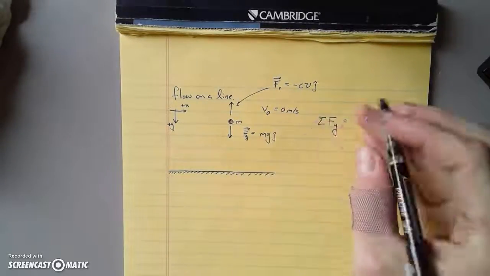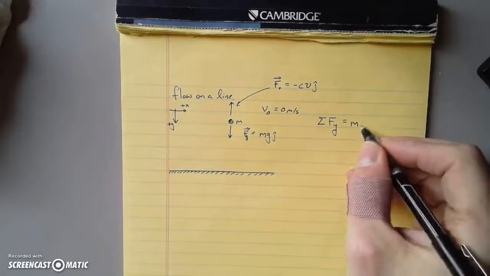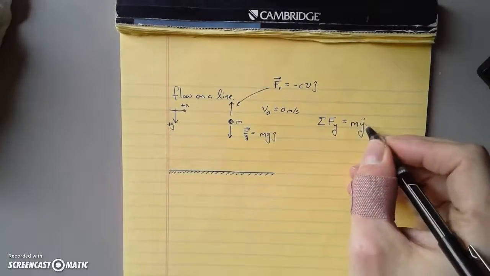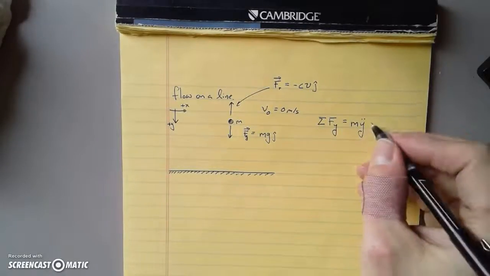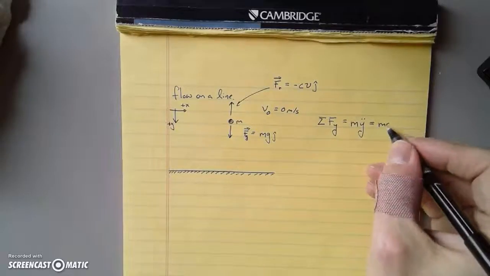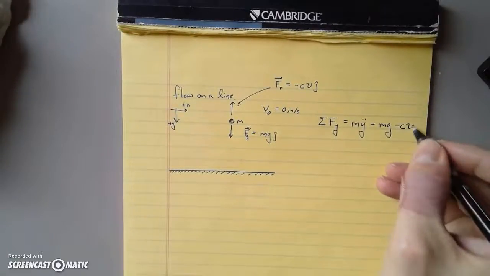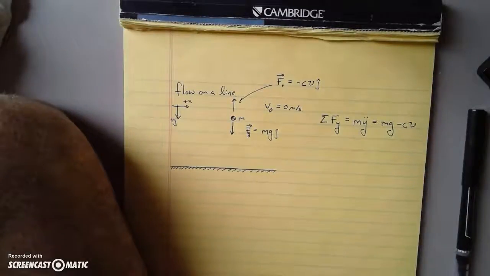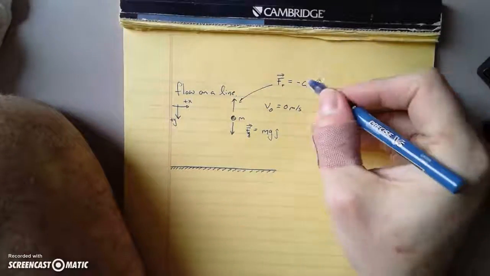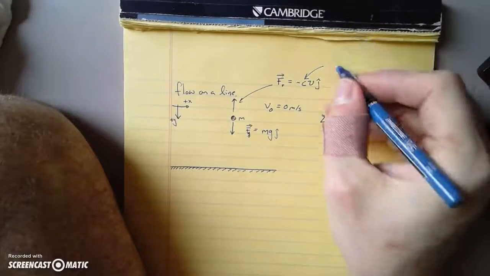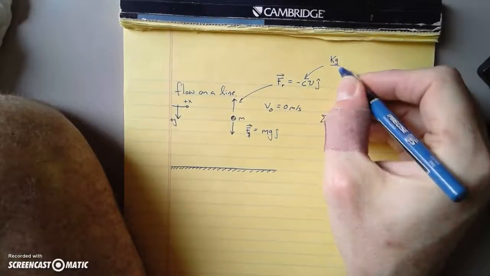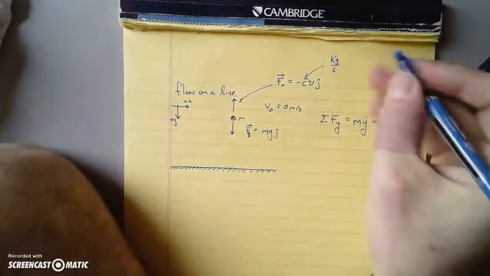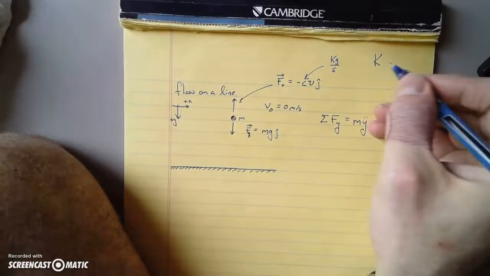In the y direction, they're not going to be 0. It's going to be m y double dot. Double dot means 2 time derivatives. And that's going to be equal to mg minus cv. Okay. And let's also make a couple of notes on units. C must have units of kilograms per second. Notice that I'm using